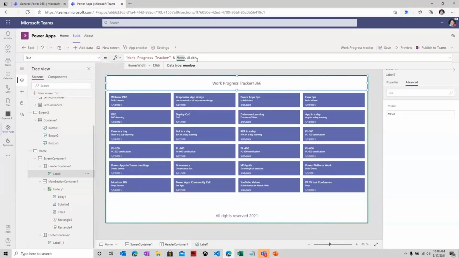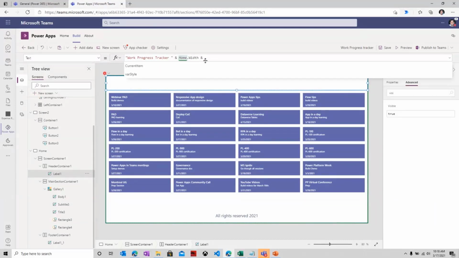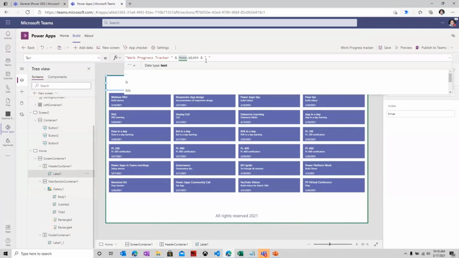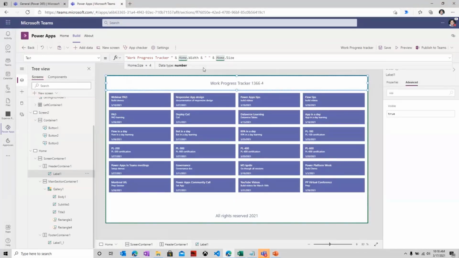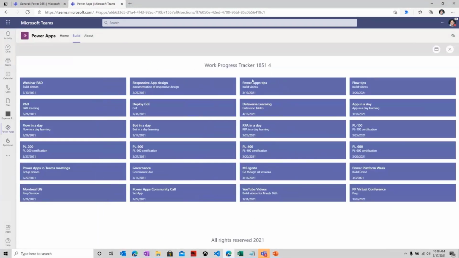Okay, so what's the width of my home screen? That's what's being printed right here. And this is just for demo. I will also add something here called home.size. Now if I preview my screen, observe my width right now is 1851 pixels and the screen size is